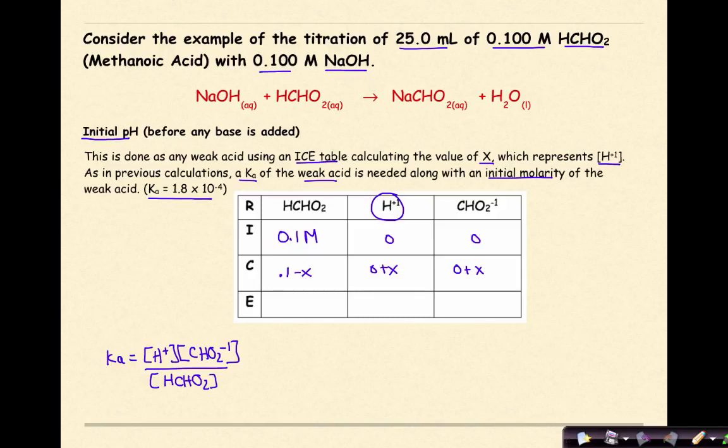So the problem states that the Ka is 1.8 times 10 to the negative 4, and that's going to equal x times x. So I'm going to put x squared, and that Ka is pretty small, so I'm going to assume x is 0, and I'm going to put 0.1 on the bottom, and then I'm going to do the math to solve for x. And when I do that, I find out that my x, which I also know is equal to my hydrogen ion concentration, is going to equal